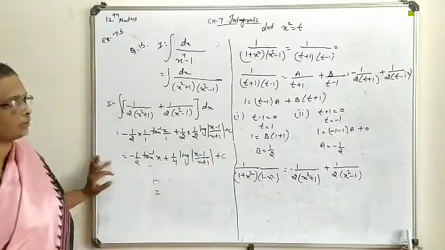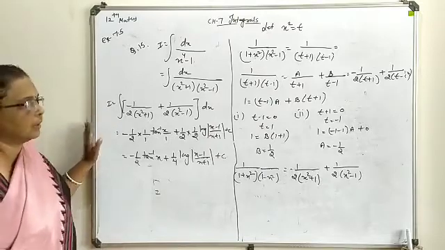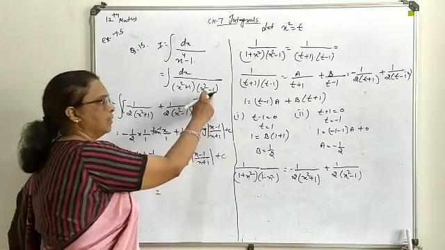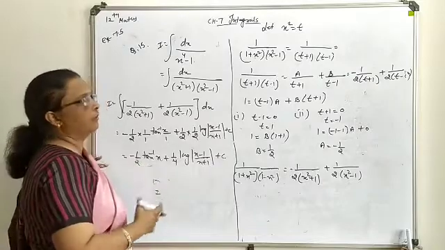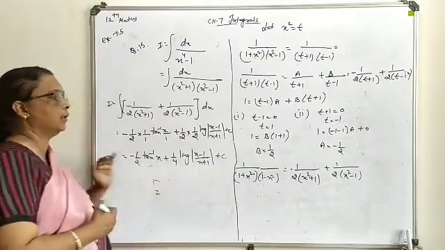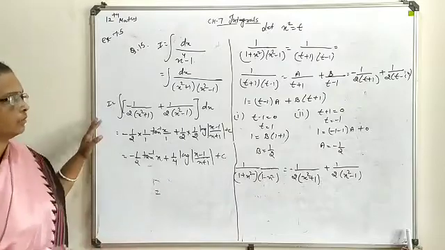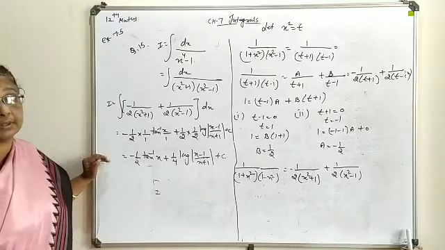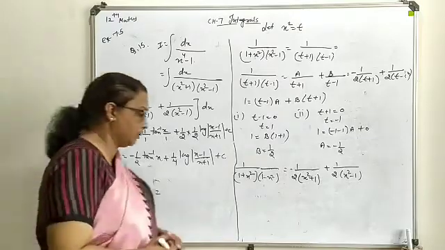So this way this question you can handle on replacement of the x square by t. Another method I also told you: x square minus 1 you can write as (x plus 1)(x minus 1), and that way 4 constants are to be introduced and accordingly the solutions will come out. So it depends on the question form or your vision which method suits you or suits your question. So accordingly you go for selection of your method.